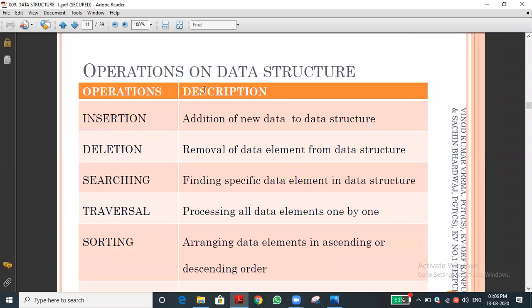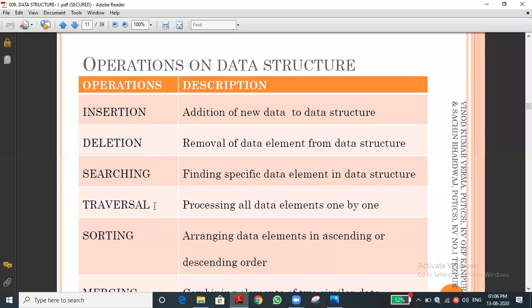Now we will see some more things. Let me have a very short recap. These are all the operations we can do in the data structure, and for that we are going to create a program. Insertion and deletion, we have done the recap, also for stack and queue. Then searching, how to search an element in the data structure. Traversing we have seen from the starting onwards.